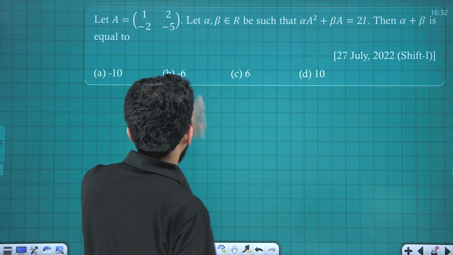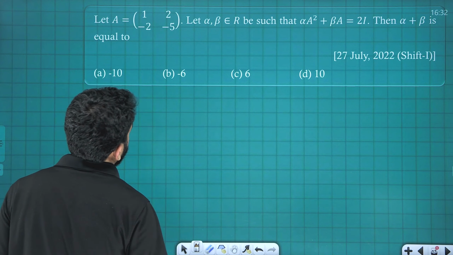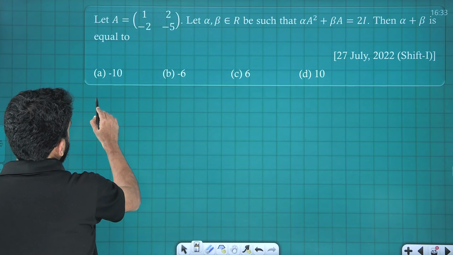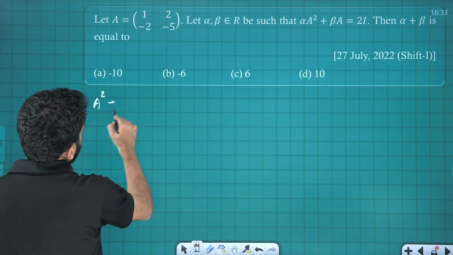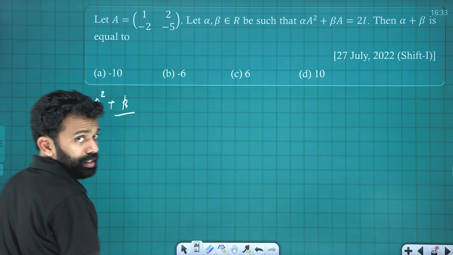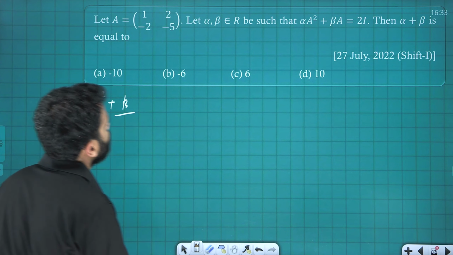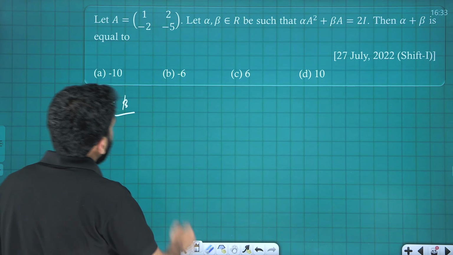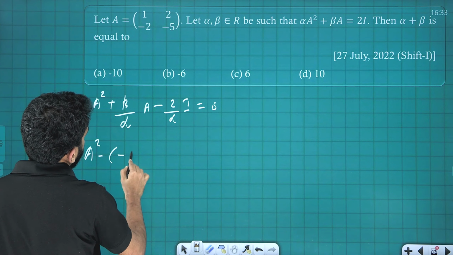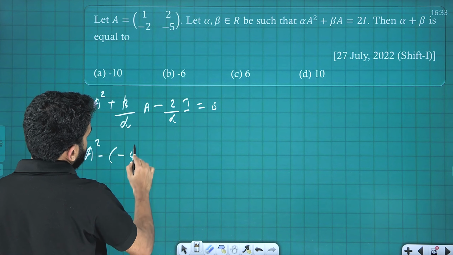Alpha plus beta, right? Easy one. Therefore, I am reducing the equation A square plus beta by alpha into A minus 2 by alpha into I is equal to 0. If you want, you can hit the pause button and do it by yourself. Our corresponding equation will be A square minus of (minus 1 plus minus 5, that is minus 4) into A